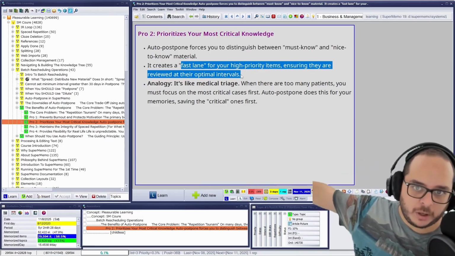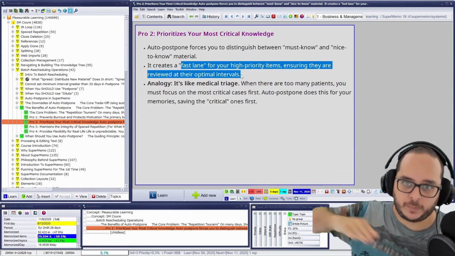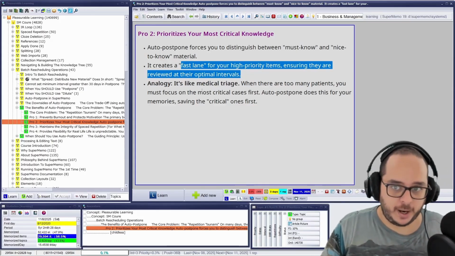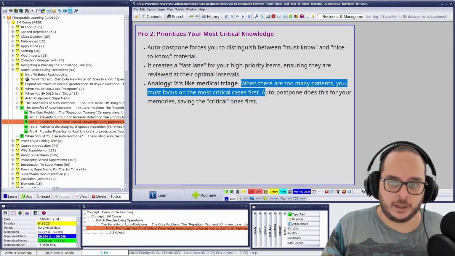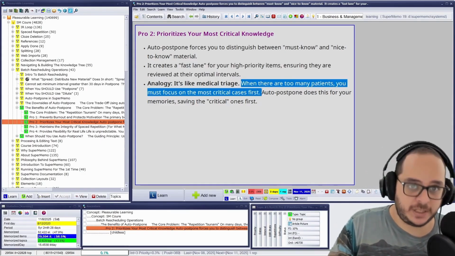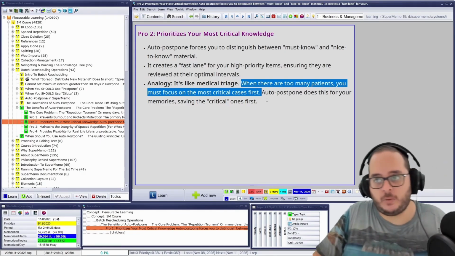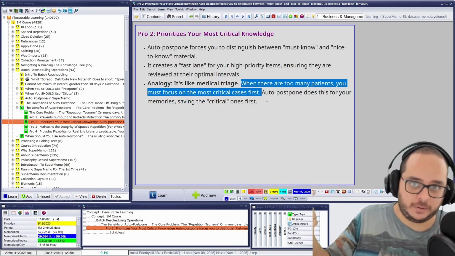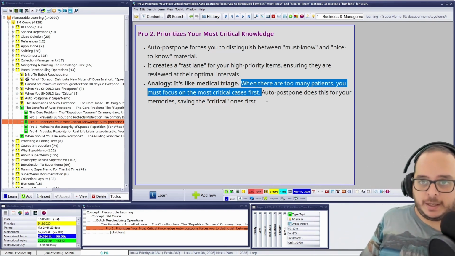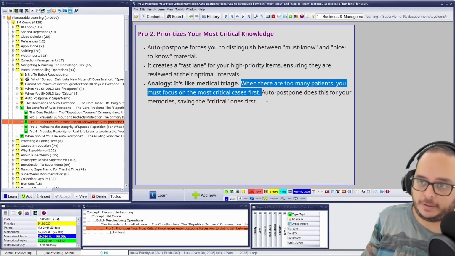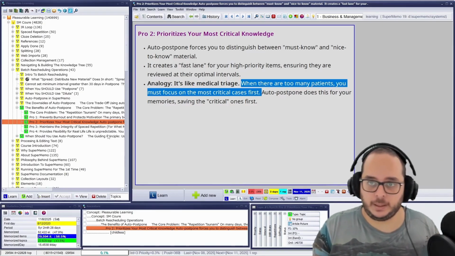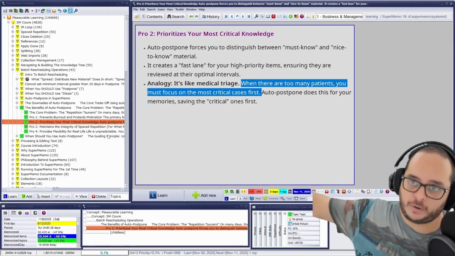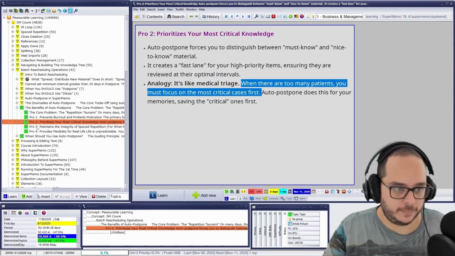They will be absolutely gone because they will keep being postponed. It's like medical triage. You have too many patients, you will get the most critical first, and that can be saved. Meaning, if there were memories that can be retrieved, not forgotten, and they are the highest importance, higher priority. So the other ones will be left to die, basically, left to be forgotten, for the analogy.